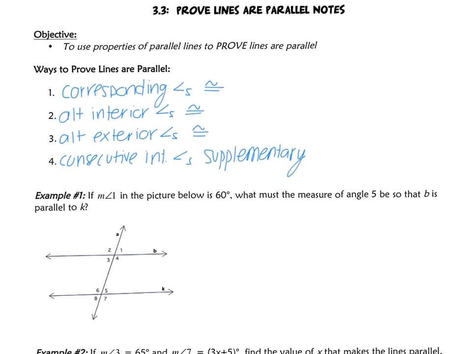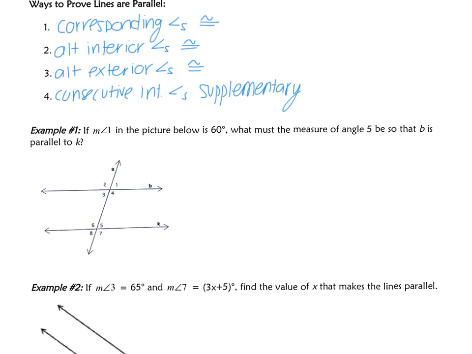Let's go to our first example. If angle 1 in the picture below is 60 degrees, what must the measure of angle 5 be so that A is parallel to B? Okay, so angle 1 is 60 degrees right here, and it's asking me what must angle 5 be so that A and B are parallel. Well, let's look at it. Angle 1 and angle 5 are in the same position. They're both above and to the right of the transversal. So those are corresponding